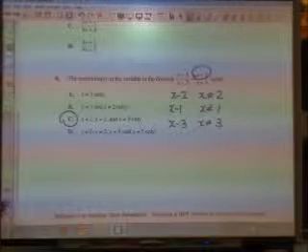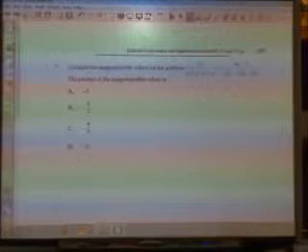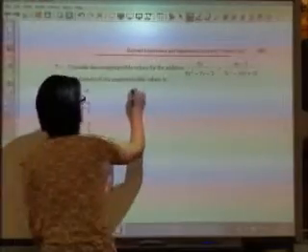Okay, question number 7 also deals with non-permissible values. Consider the non-permissible values for the following addition statement. The product of the non-permissible values is what? So what do I need to do in order to solve this? Factor it. So if I factor 6y squared